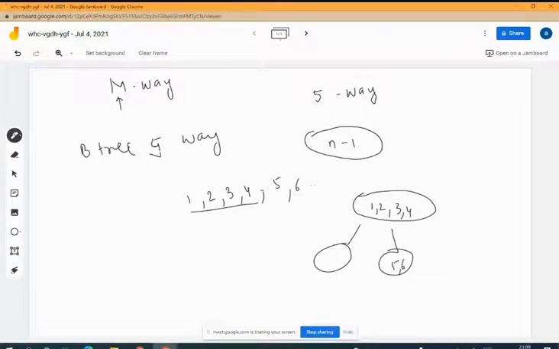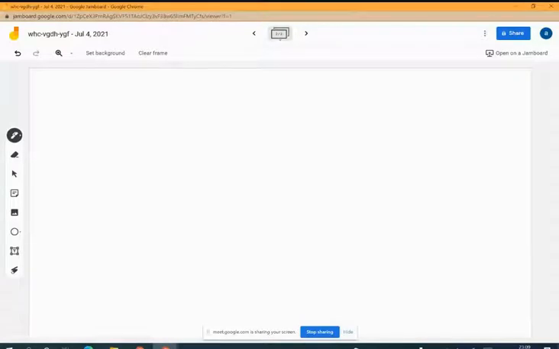Now we need to check how to design this particular tree. Let us assume that we are given these values, say 1, 5, 9, 11, and we have to form a B tree with 5 ways from this. So I call this a 5-way B tree.